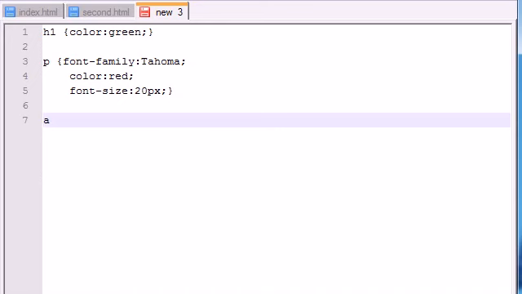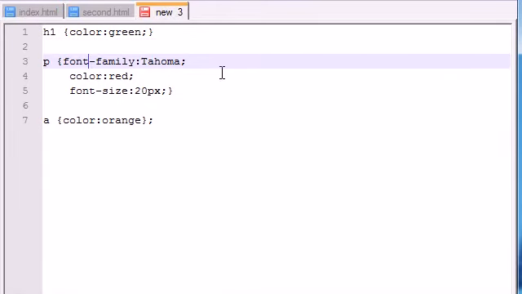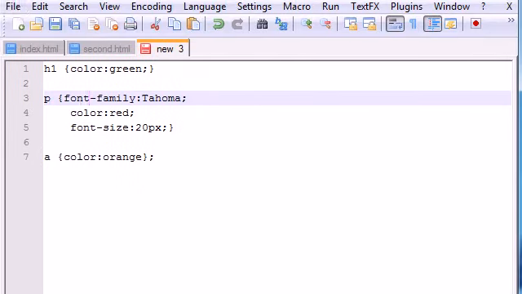Alright, now let's go ahead and make all the links orange or something stupid. Color, orange. So now we have all these rules right here, but how do we tell our web pages that these are the rules that we want to use? Well, the first thing we need to do before we even think about doing that is go up to here,